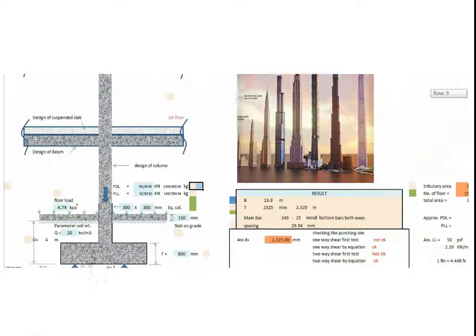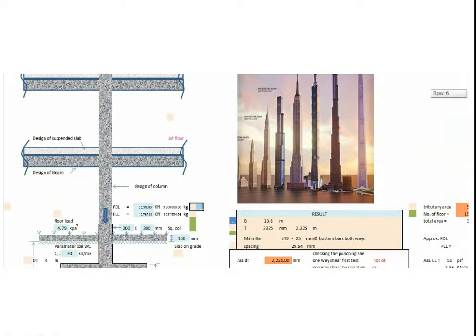Dead load is 35316 kN for 150 floors, assuming it is an interior column with tributary area of 5 meter by